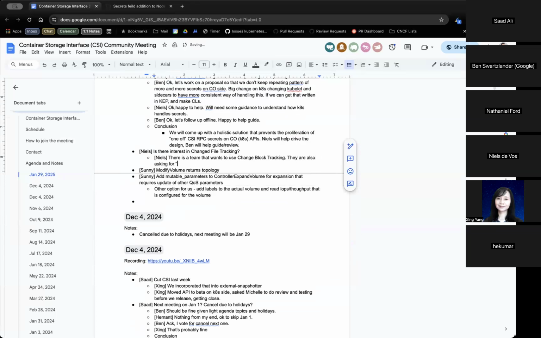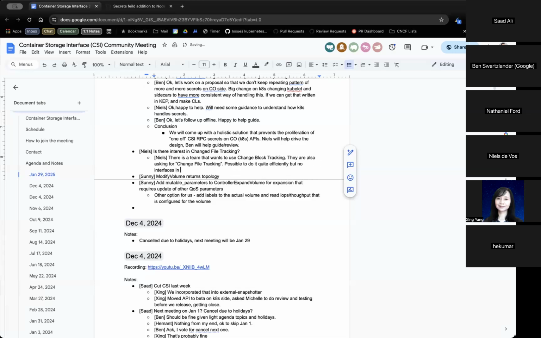And ZFS can do it quite efficiently, but we don't have the interfaces in the CSI spec or in Kubernetes. So there's a request if we can enhance these components to add change file tracking. I would encourage you to come to the data protection working group meetings and discuss this with